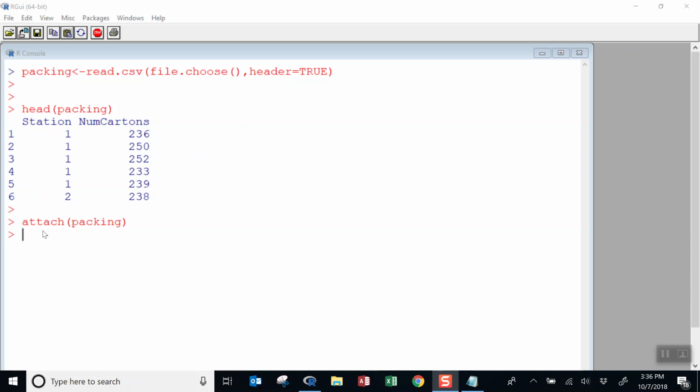And I've also just attached the data set with attach packing. I did that because I don't want to have to keep referring back to the data set name. This way, R will know whenever I refer to a column that I'm referring to the column from the packing data set. Okay, so the first thing I'm going to do is make a box plot of the data,